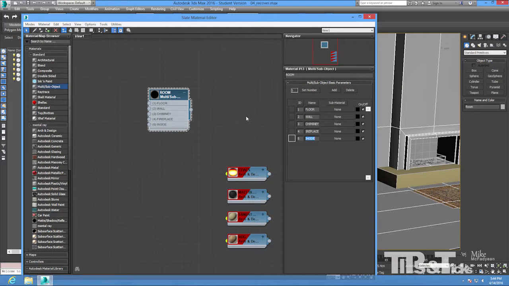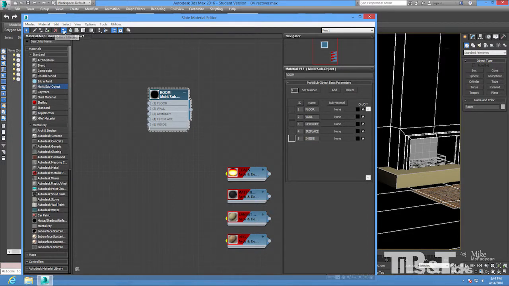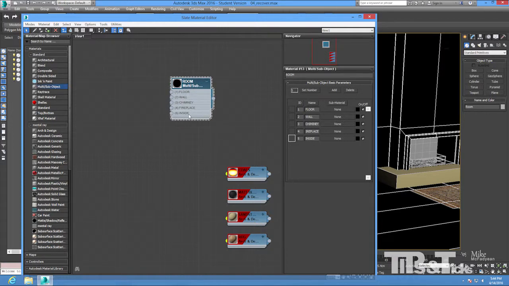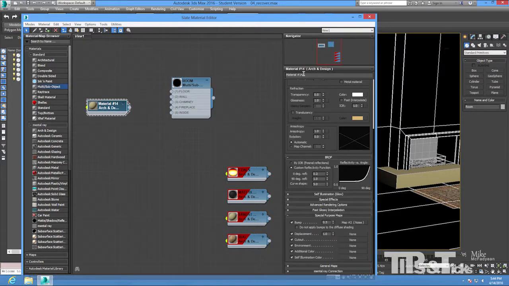Okay, I'm going to apply that to the room object, and then I can start actually wiring in different materials for this. So for the fireplace, we need this sandstone material that we made earlier on. So I'm just going to hold down Shift and drag a copy of that sandstone, and I'm going to place it here, double click on it, and just call it fireplace, and wire that